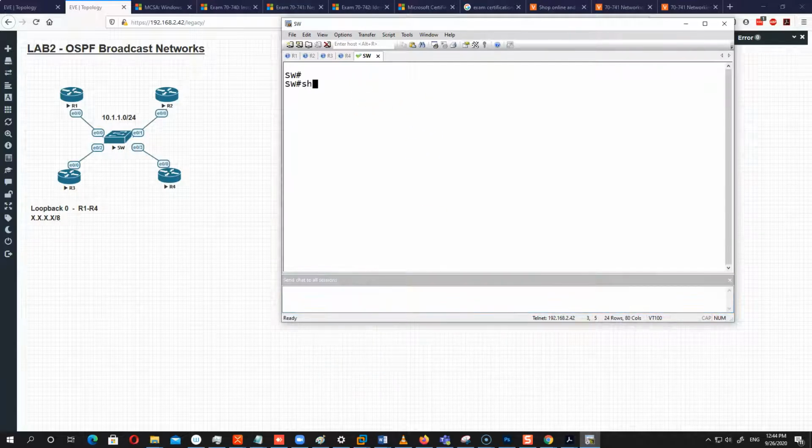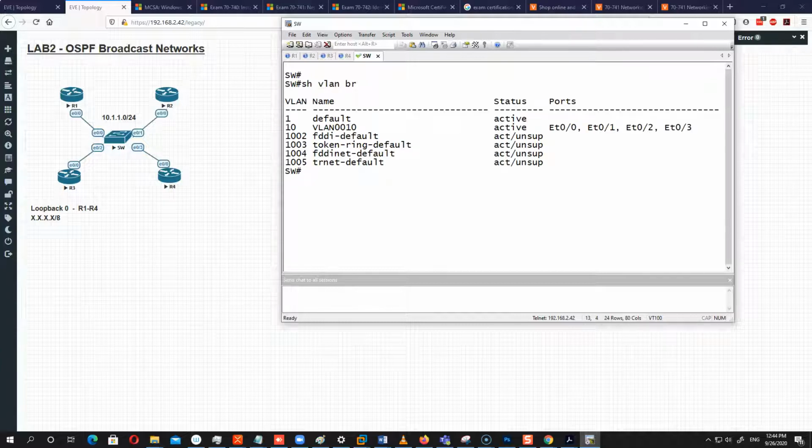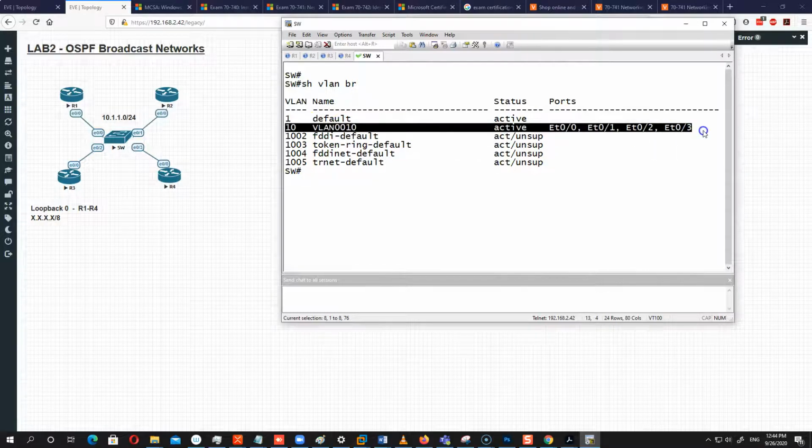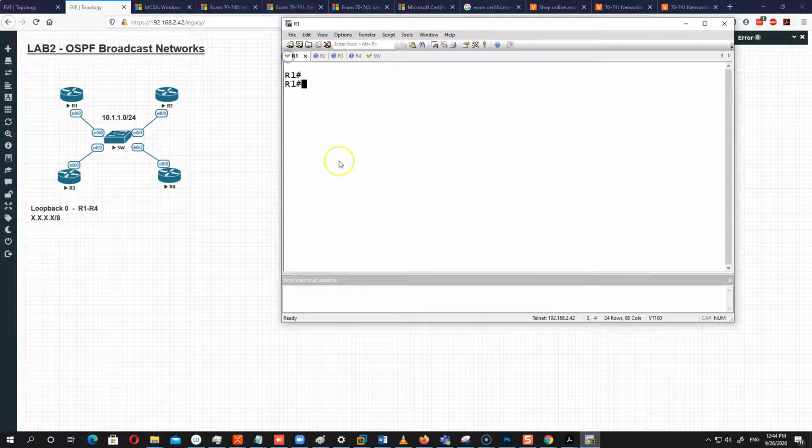If I look here, do we have any VLANs? Yes, there is VLAN 10. So all of these ports, 0/1, 0/0, 0/2, and 0/3, are part of VLAN 10. And if I go to router 1, and look at the configuration of the ports,